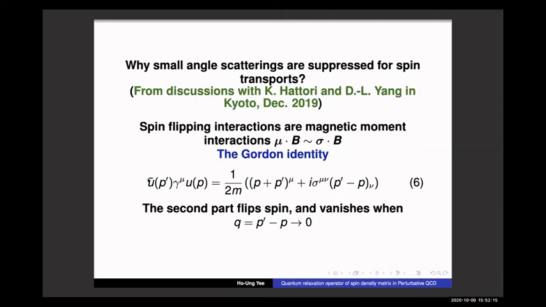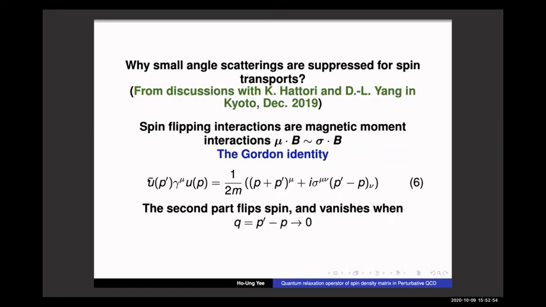So let me explain why, just physically, small angle scatterings are actually suppressed for spin transport, so that only large angle scatterings are important. It was very helpful to discuss that with Koichi and Dilun last time in Kyoto. The main reason behind this is that the spin flipping interactions are magnetic interactions between the magnetic field and the spin magnetic moment of the